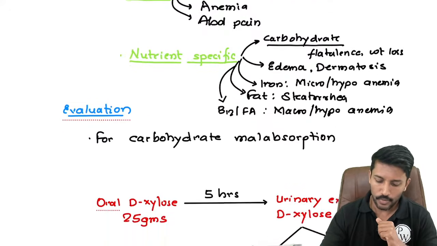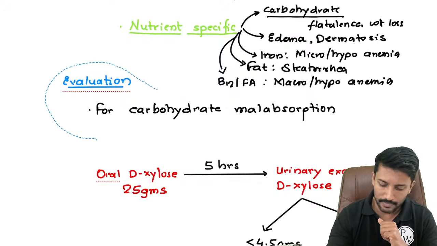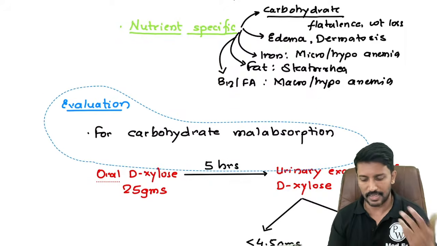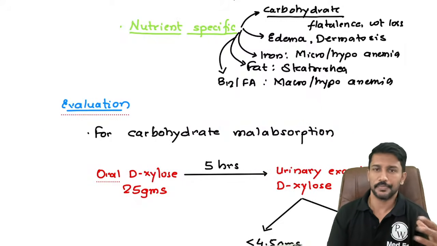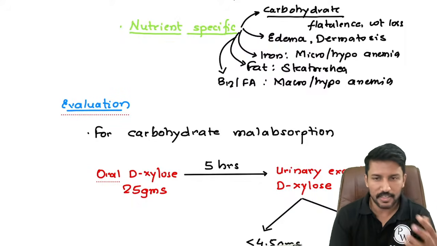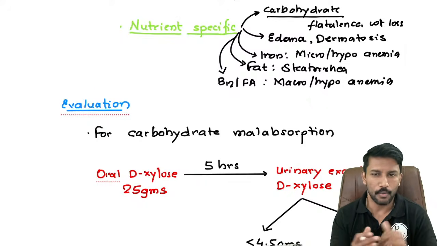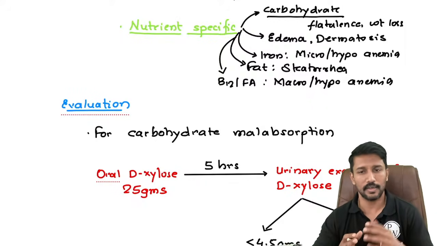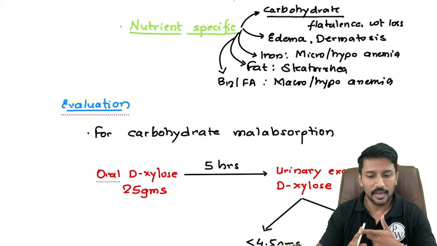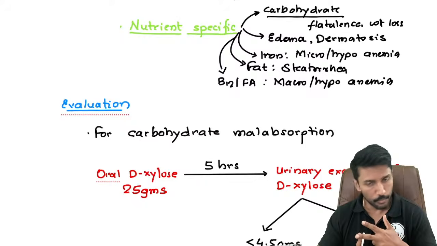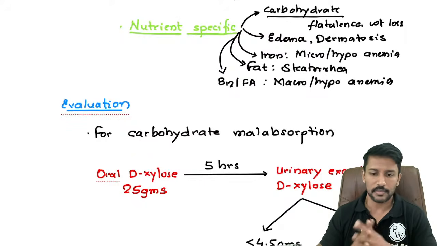Okay. Now, once I have a patient with malabsorption syndrome, I have a clinical suspicion because the patient is losing weight and having diarrhea. I can see that skin changes are there, hair changes are there. He also mentioned that his stool sticks to the commode, so that means he has steatorrhea. Now I have to evaluate, and I want to understand what nutrients are not being absorbed. Is it carbs? Is it protein? Is it fat? Or is it micronutrients?